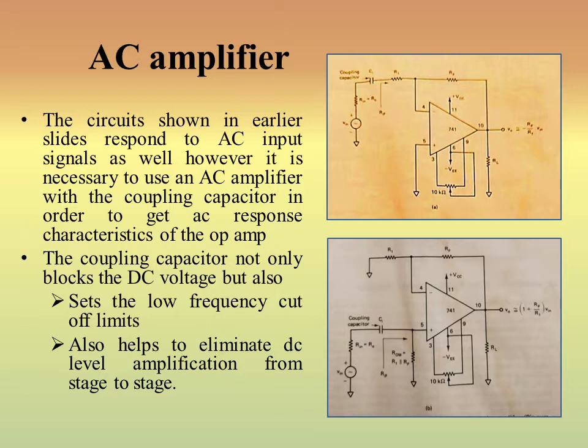in all other respects, the functioning of this op-amp is similar to what we discussed in the case of the operational amplifier. We discussed the inverting amplifier and non-inverting amplifier in detail, with feedback, without feedback, all that. The behavior and functioning are the same, and the formulas are also the same, but we have applied an additional coupling capacitor so that we get the AC response characteristics of the op-amp only. It basically blocks the DC.